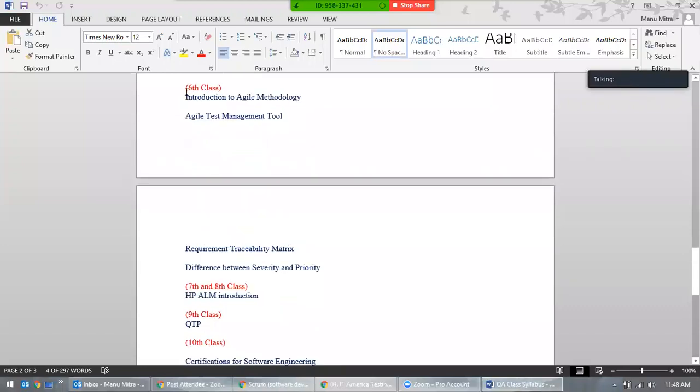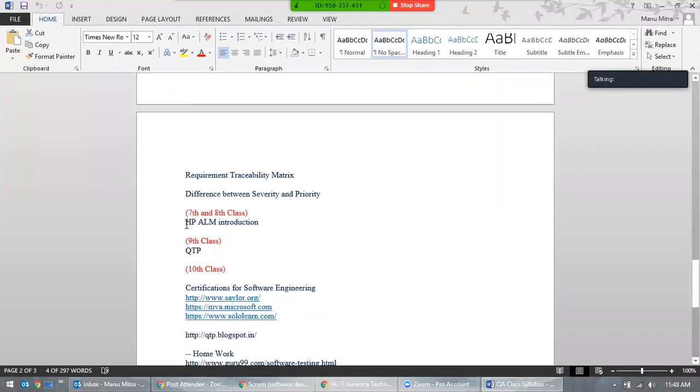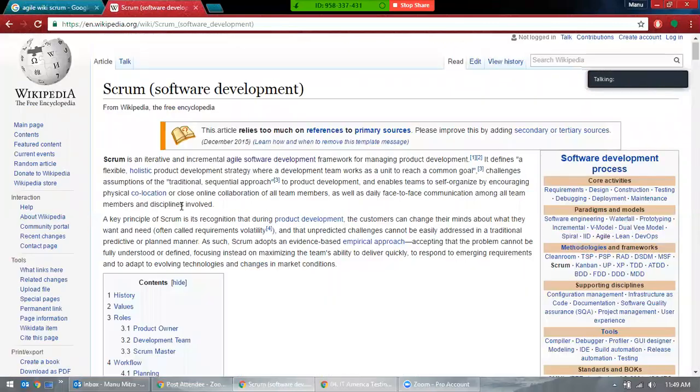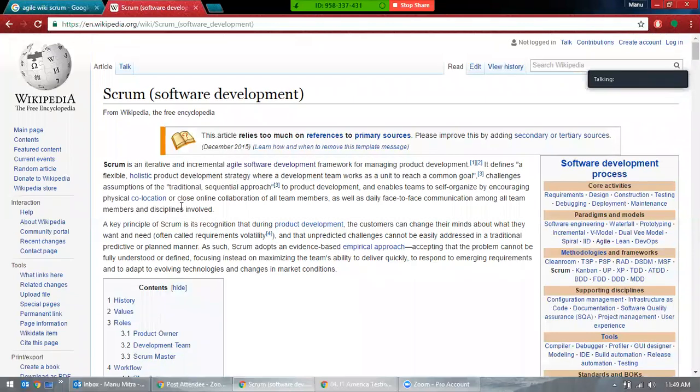Tomorrow, one more test management tool that I'll be giving you is HP ALM. Just make sure it's working or not. That's similar to Rally. If you are comfortable with Rally, it's good, but don't get addicted to the tool. That's the whole point of my class. Don't just say, now I know Rally, I'll be using only Rally. It doesn't work that way, because you don't know what tool you'll be using at the client. They might use Rally, they might not, they might use some foreign tool.